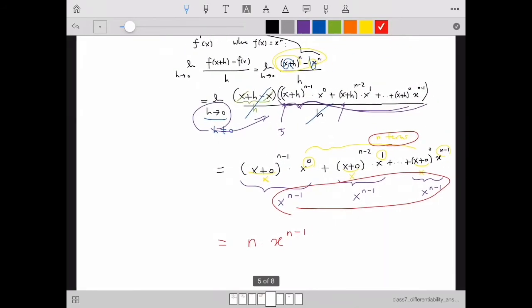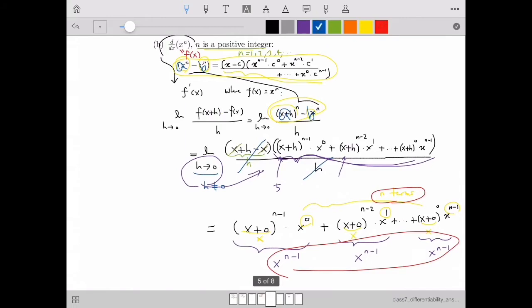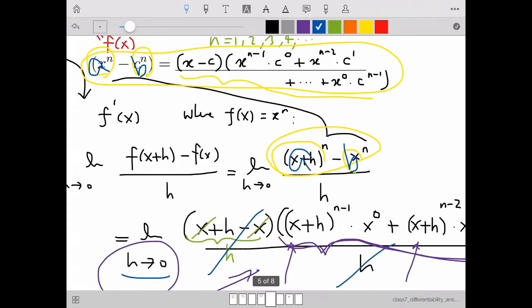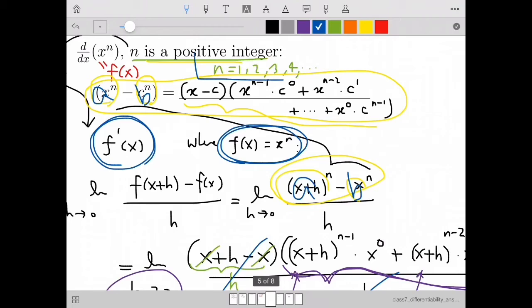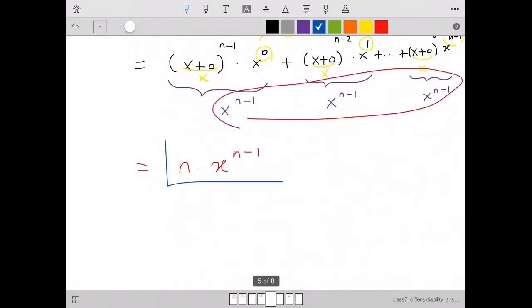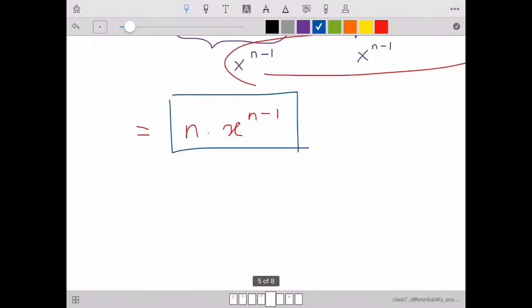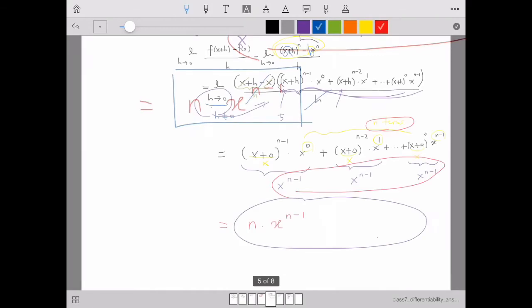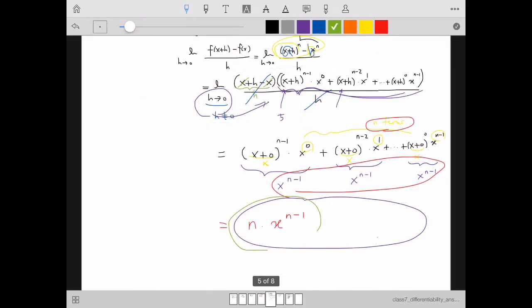So f prime of x, when f of x is x to the n, where n is 1, 2, 3, 4, etc., then we get the formula that it is n times x to the n minus 1. So that's very important. This came from this part, and that part